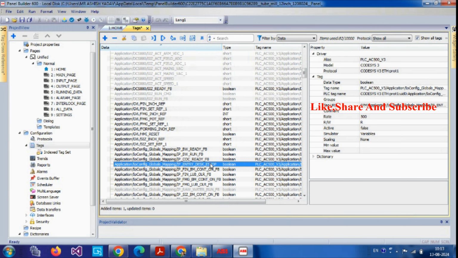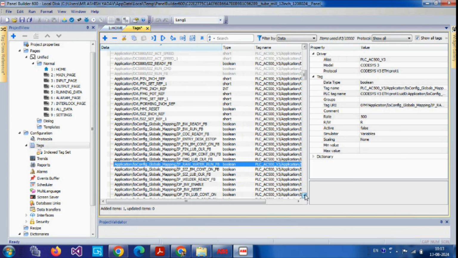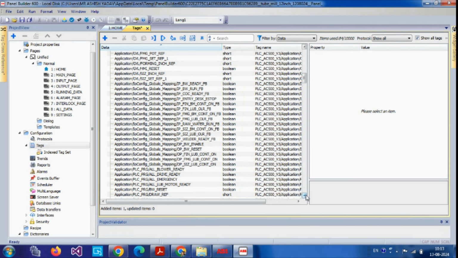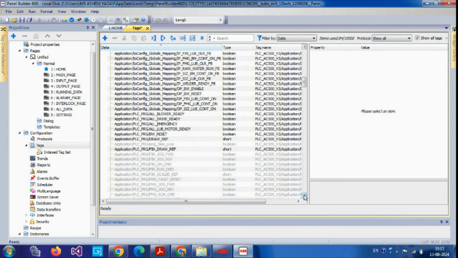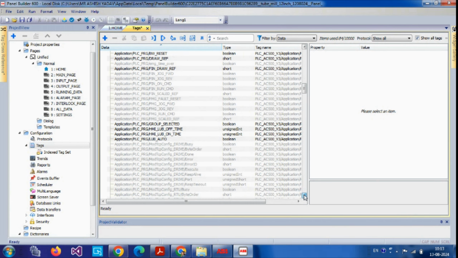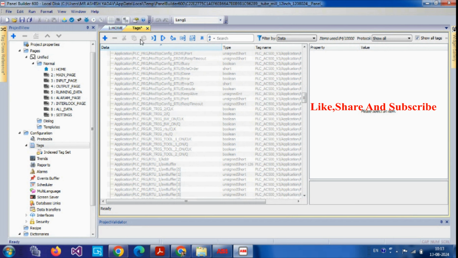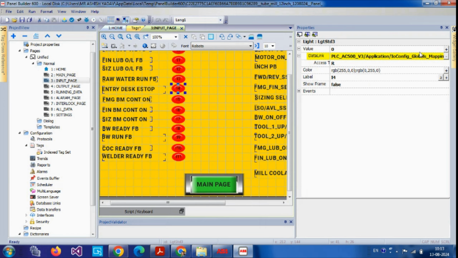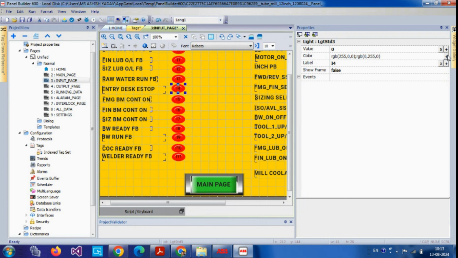Highlight tag, double click, now is tag is add done, and then you see the display and add tag in light, link tag,